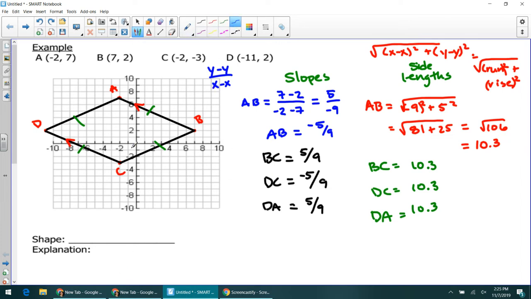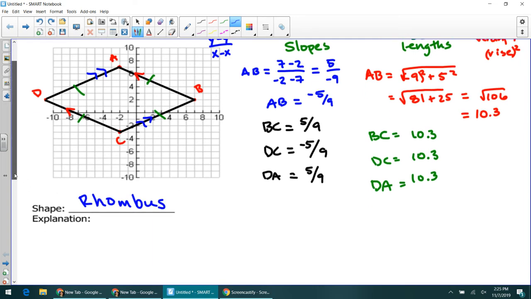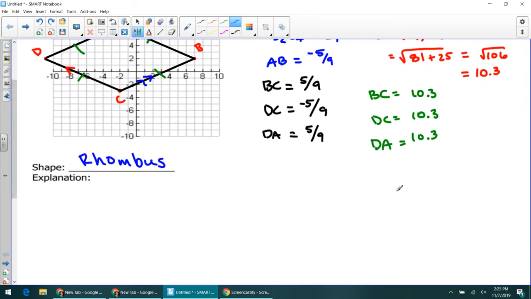And BC and DA have the same slopes, so we can mark those as parallel as well. So going to our quad info chart, we can compare our definitions, and this is in fact a rhombus. It is a rhombus because it's a parallelogram. Remember, parallelograms have at least one set of parallel sides, or has two sets of parallel sides,